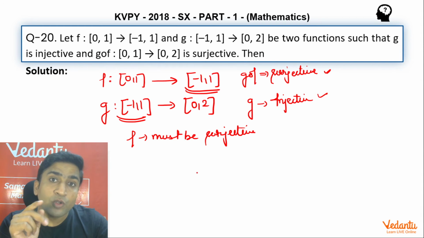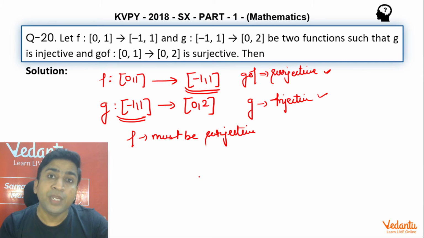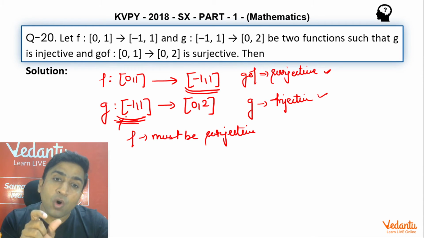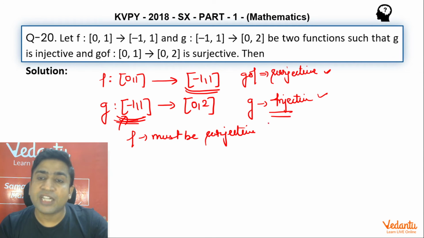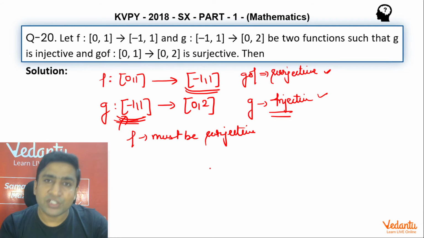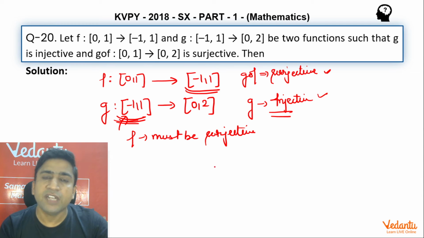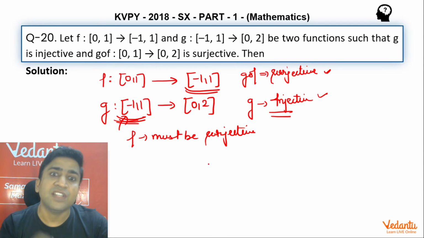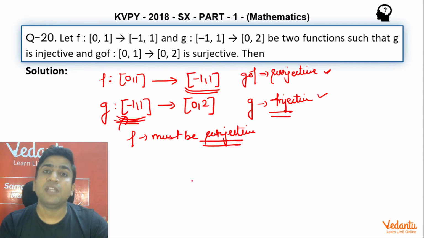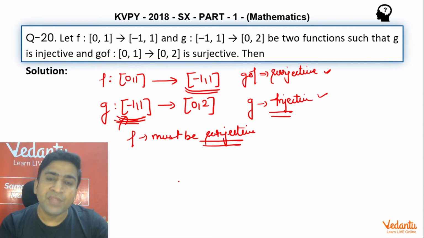So if f(x) is going to leave out some value of its codomain, guys, function g will not be able to take all the inputs from its domain, hence g will not be able to be injective, or as such I'll say g will not even be a function, which is going to compromise the whole situation. So yes, if you want g∘f to be surjective and g to be injective, it is highly essential that f(x) must be surjective. Point 1.